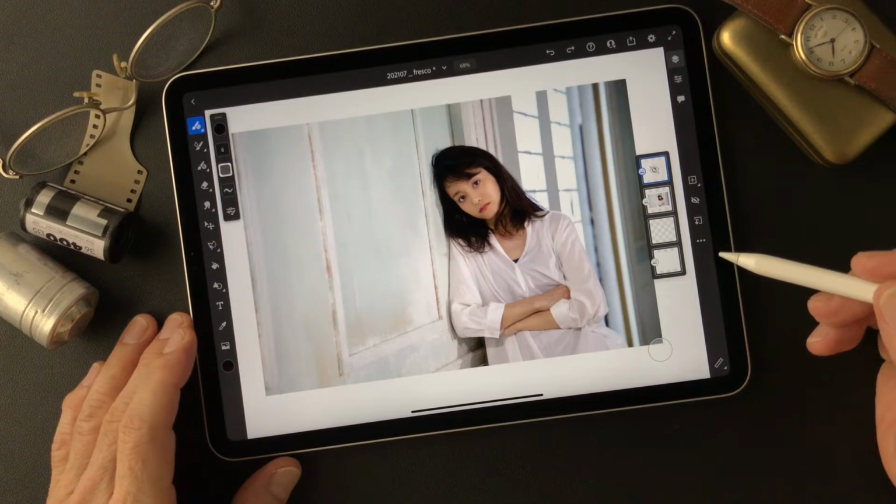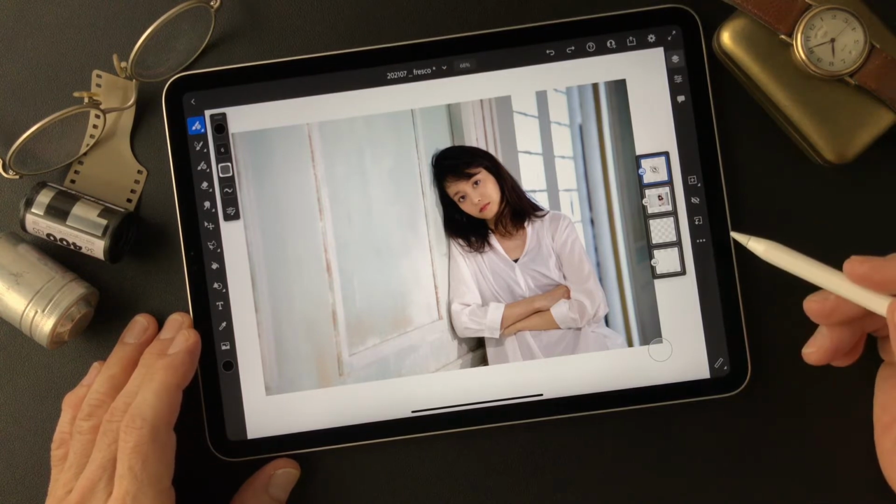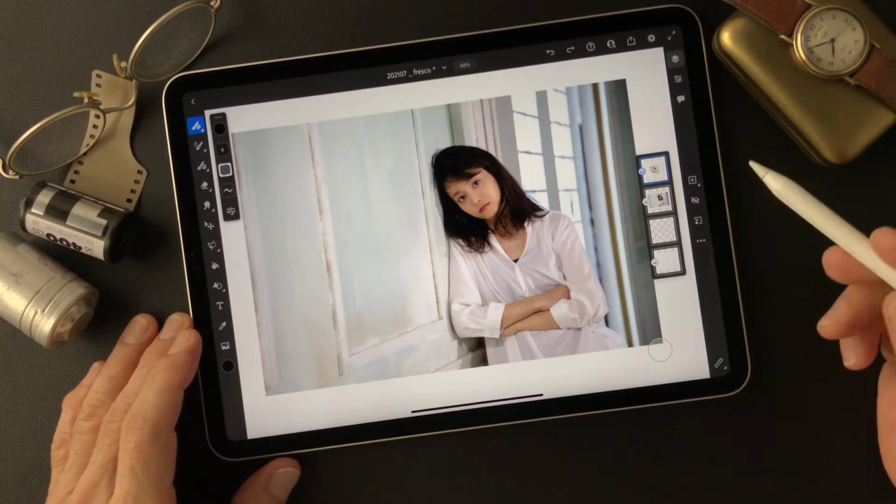Well, this is my subject today. I'm a photographer. I shot this image a couple years ago. Models from Southern Cross in Okinawa. That's one of the best model agencies in Okinawa. And I got this image, and